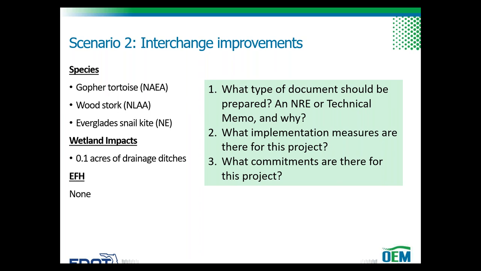So our answers here, we would expect that a technical memo would be prepared because species consultation is not required. The conclusions were no effect or not likely to adversely affect through a key. The key for the wood stork indicated that the not likely to adversely affect determination required no further consultation with the service. So because no consultation is needed for an external agency, that's why a technical memo would be prepared. And also because wetland impacts can be permitted through either a general permit or,